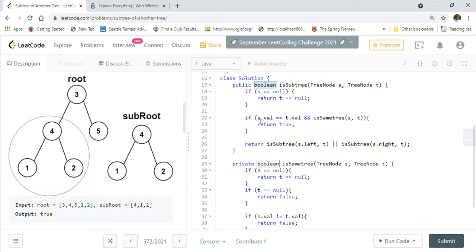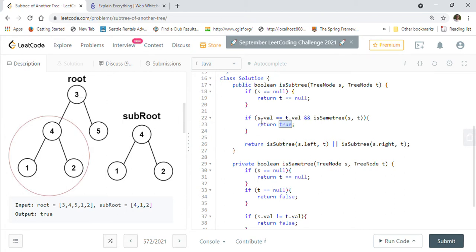If they are matching, then we will call our isSameTree function that we have implemented here. And if the tree that we are looking at is the same, then we will return true. Otherwise we will have to go on to the left side and right side. So that's what we are doing here. So first, let's say for example we are checking 3 and 4.